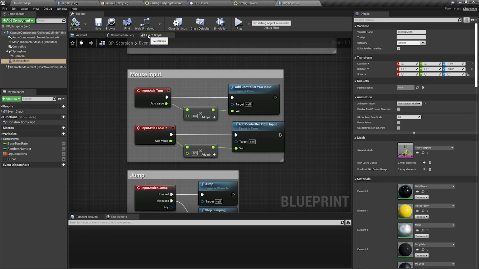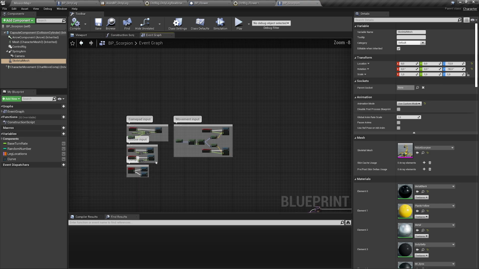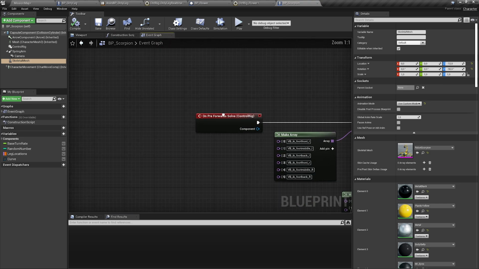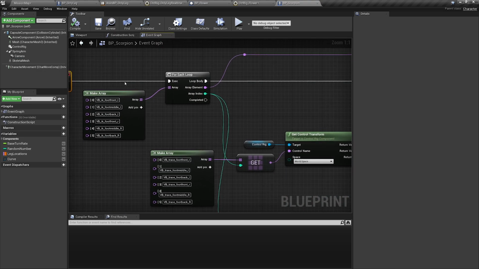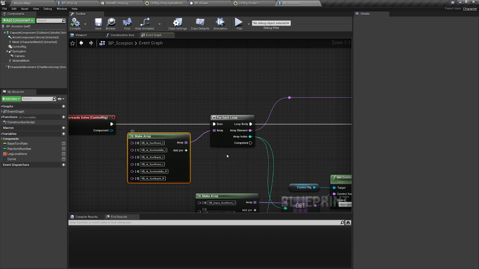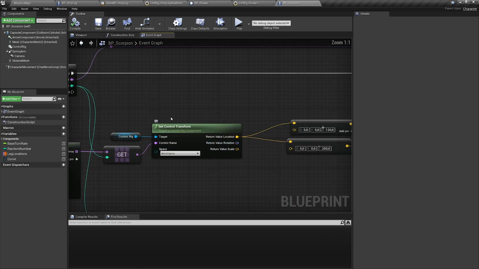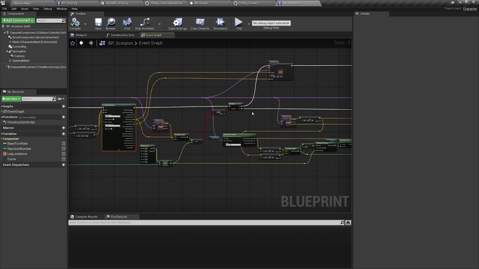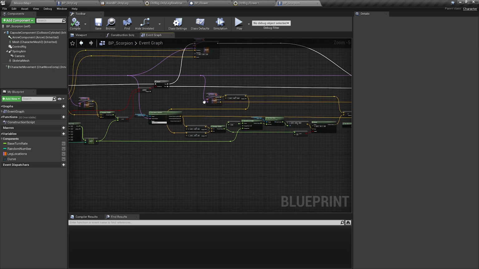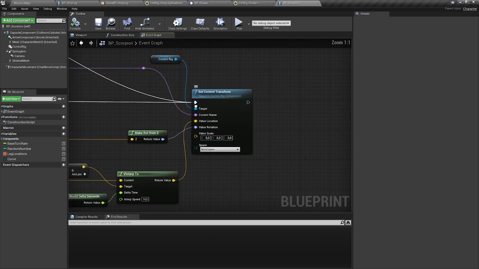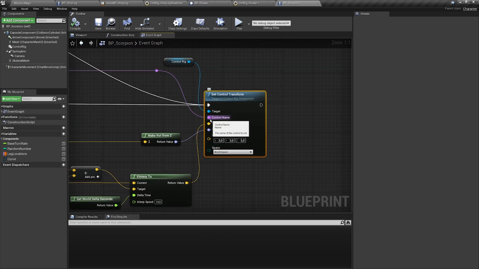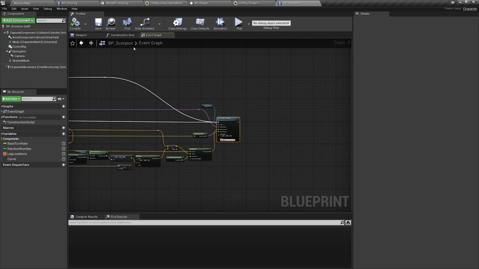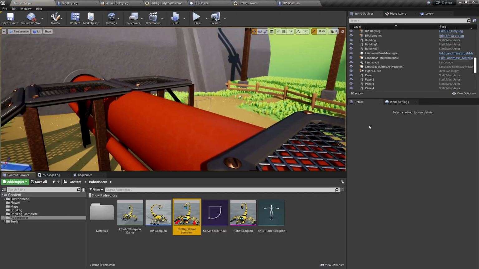And when we take a look at the graph, I'm using the same event as before. I might set this up differently with my knowledge now. But here I have a list of controls I'm using for the line trace. So I get the control transform here, do the line trace, and then do a little bit of math, comparing the current position of the feet with the new trace. And then depending on if it's far away, I'm setting the controls for the feet here with location and rotation, like I did in the other example in control rig actually. So that's for here. And then let's go to the control rig itself.